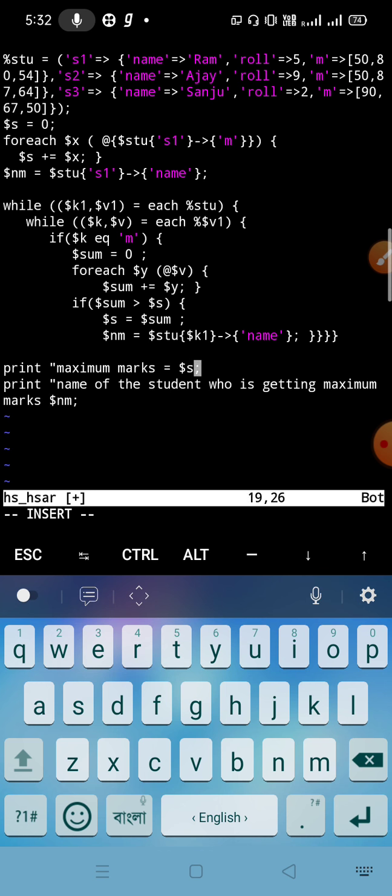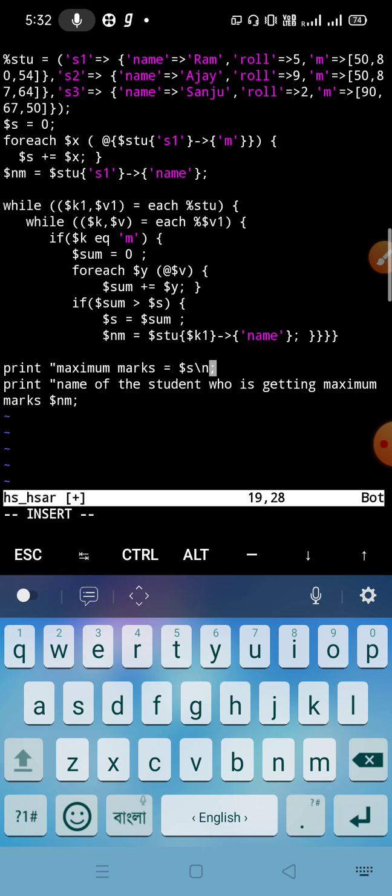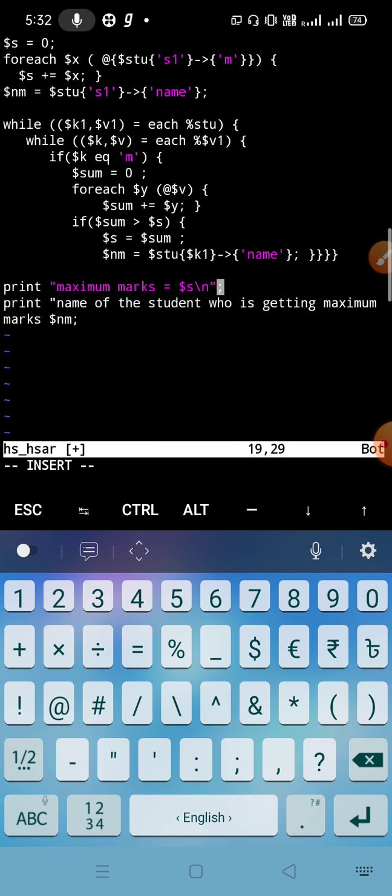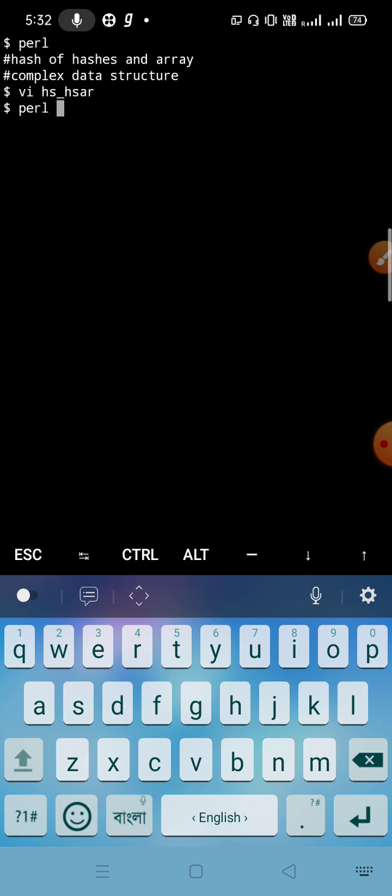Okay, and we can use the newline character here and here also. Okay, now we will save the code and we'll run it.